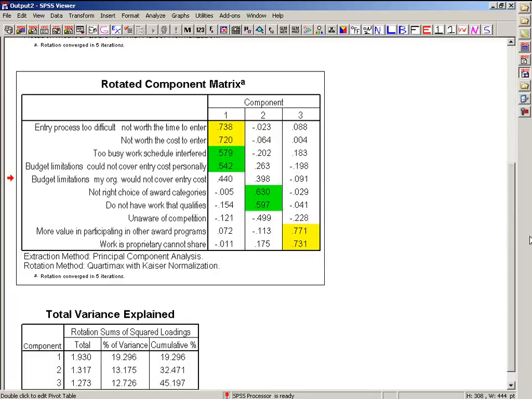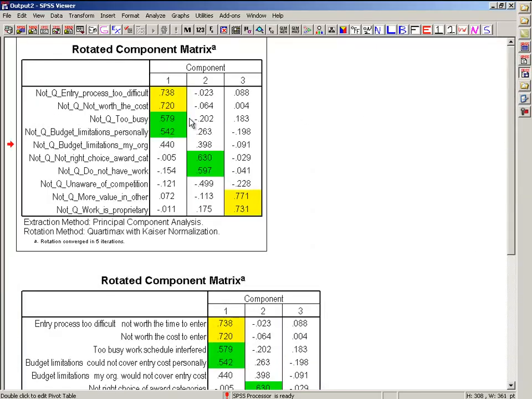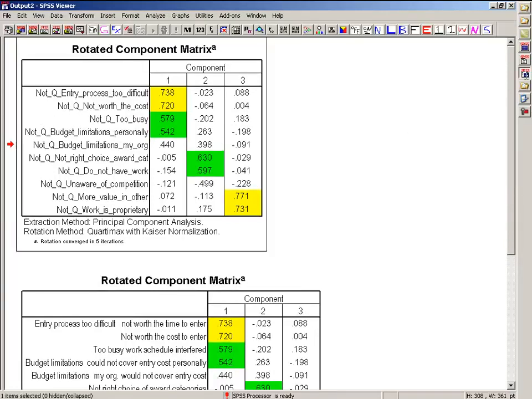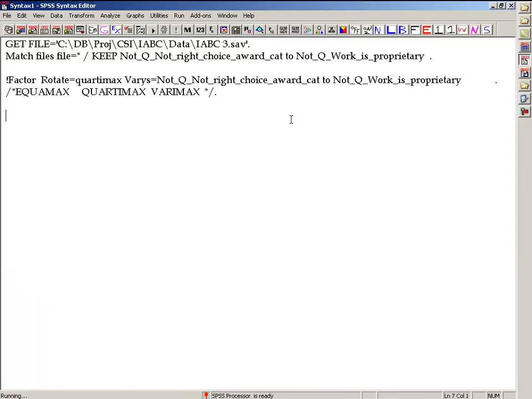Once I'm happy with this, I just scroll up. And here I have the actual variable names. So these are the labels and these are the names. So here I can come in and grab this and copy, and I can come into my syntax and create